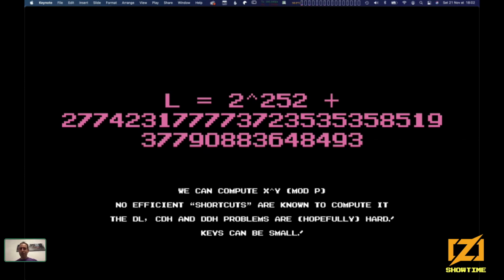So you know what? The problem that we are trying to make hard since the beginning, we can compute them using this new kind of way to compute. We have a prime order graph, and we can do computation on that. So that's pretty cool. And what's nice is that when you have a point, if you need to multiply it by a scalar, you pretty much have to do all the steps in order to compute it. There's no very efficient shortcut to find directly the right coordinates. Well, you can still go faster than doing all the additions, of course, but there's no super fast and super efficient shortcut to do that.